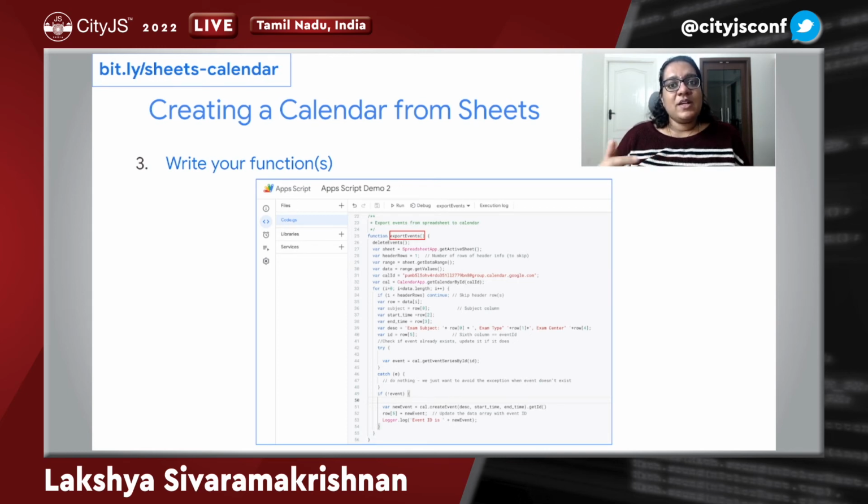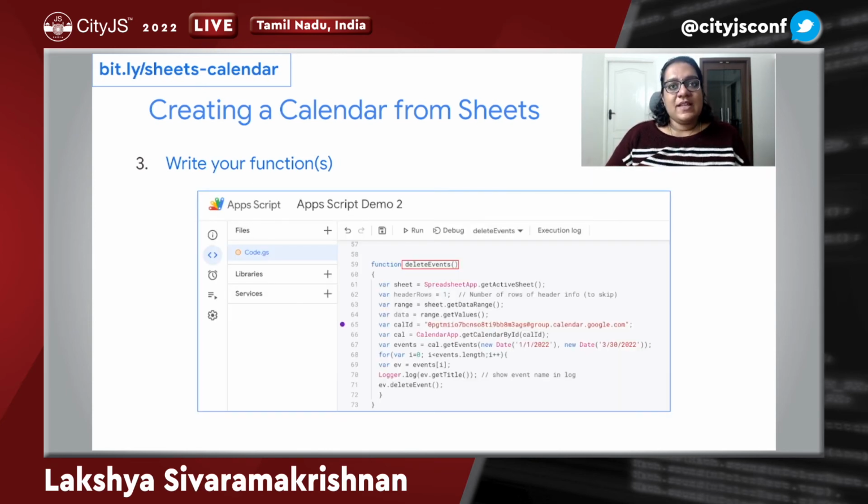Basically we are trying to create multiple events, right? So that's why we have a variable event, and we are using the cal variable created above to get all the event series by ID. Now, like I said, there are 3 fields that you need when you are creating an event, and that is description, start time, and end time. So we have populated all these 3 fields, and hence we're creating a calendar event. We're also logging this event with an appropriate event ID. Note that calendar ID is different from event ID. Give me one slide more to tell you how to pick that calendar ID. So this was about the exportEvents function.